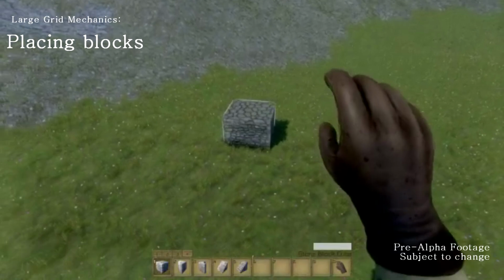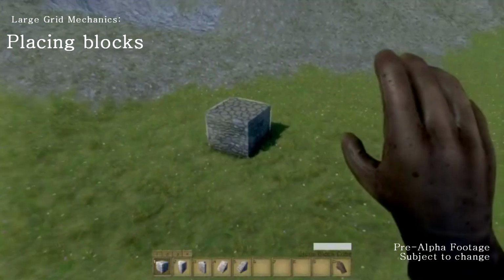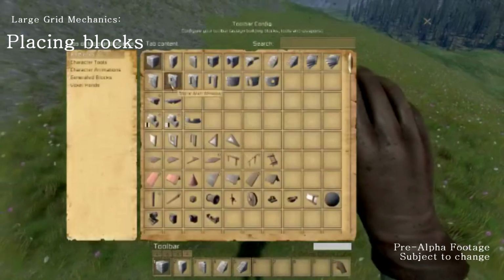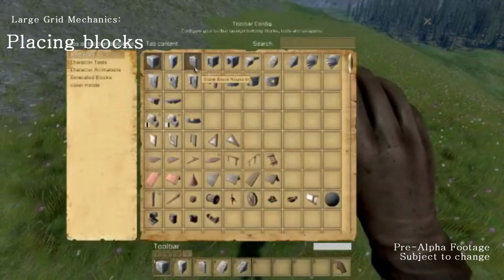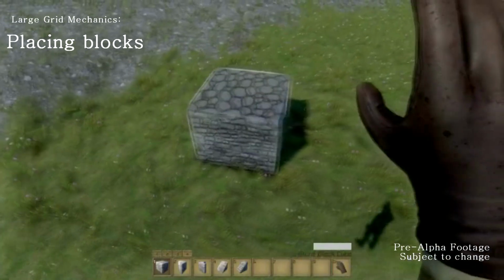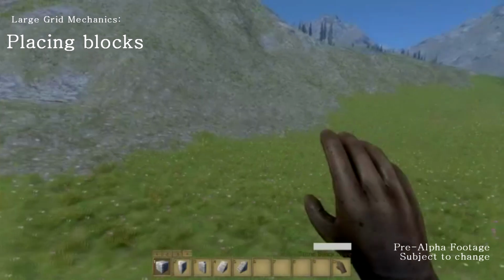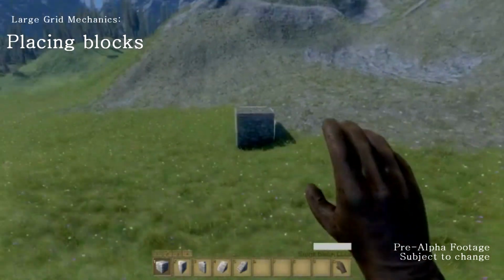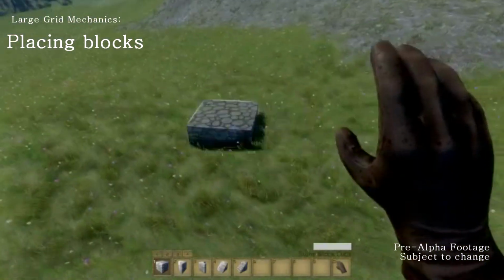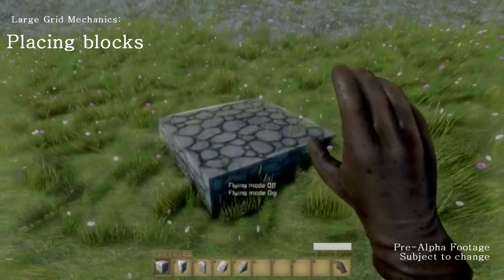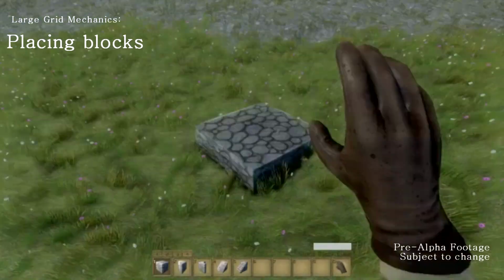Hello. So the first thing we're going to talk about is the big blocks and their integration with voxels. I've taken the first 3 blocks on the G menu, and this is how they place in voxels. You can aim anywhere in the world within range, around 25 meters around the character. As you see, the blocks are placed deep into the voxels, depending on the gradient of the voxels